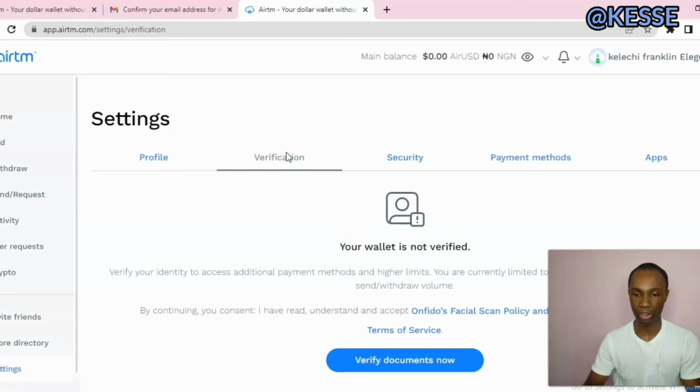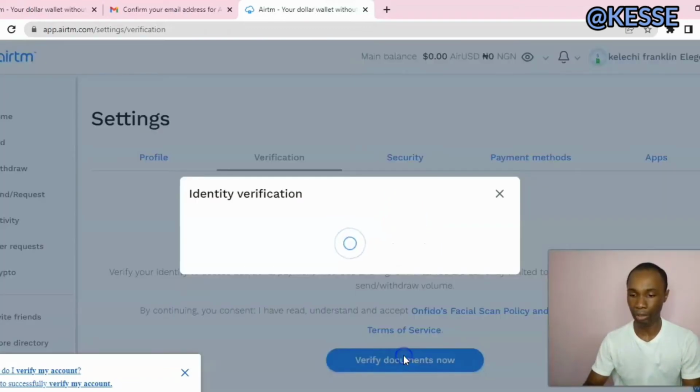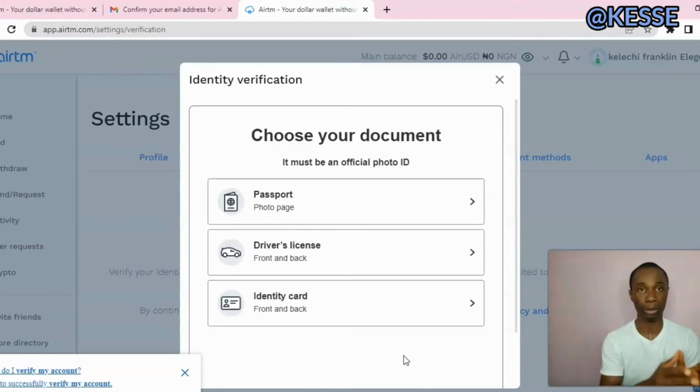So I'll click on the verification aspect. In this verification aspect, it is required that you put in an identification ID, which you can use in identifying either your international passport, national ID card, and any other identification which you have in order for you to get started. So all I have to do is to click on verify identity, and I will do that using my phone right now. So here it says that you should choose your document